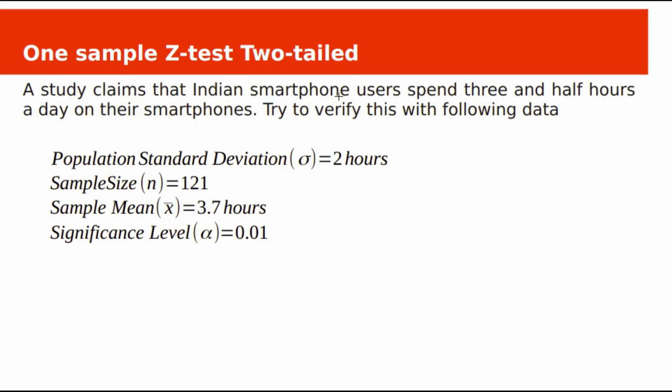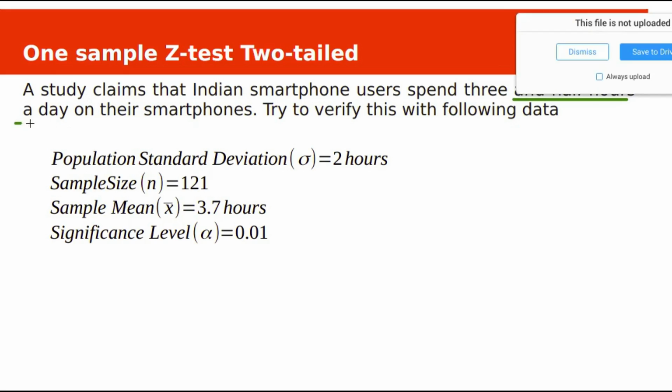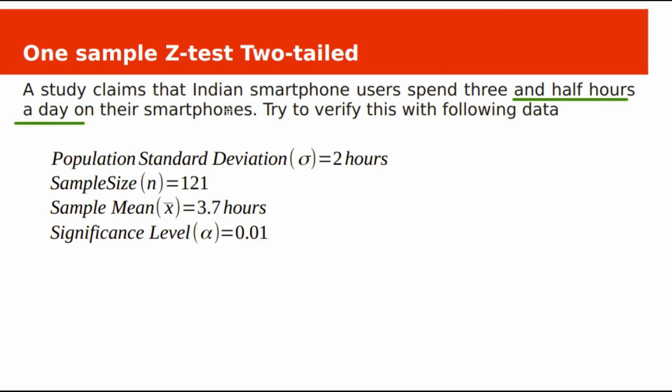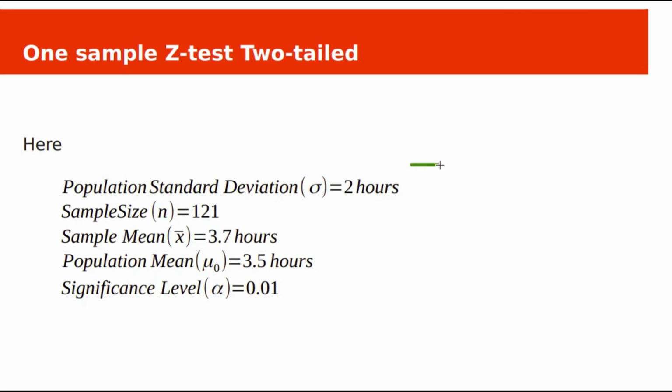The study claims that Indian smartphone users spend 3.5 hours a day. It is the hypothesized mean, mu naught. So here is the data we have. Mu naught is 3.5 hours. We need to test here, based on the sample mean 3.7 hours, whether all Indian users spend 3.5 hours on